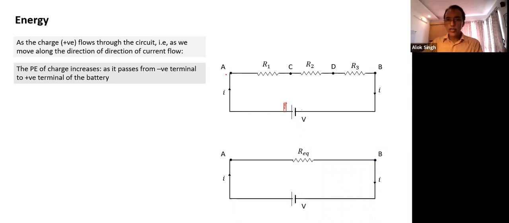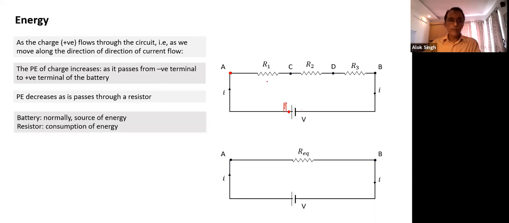When we show a circuit like this, we assume that the resistance of this part is negligible compared to these resistances. If the resistance is negligible, it doesn't lose any energy, and the potential remains constant. So as the charge moves from this point to point A, will its potential energy change? Potential energy will not change. So potential energy changes only when it crosses a resistance. We'll try and understand what happens. So potential decreases as it passes through a resistor. There's a loss of potential energy.